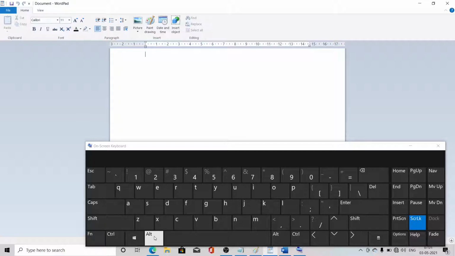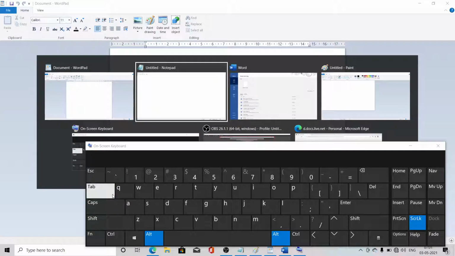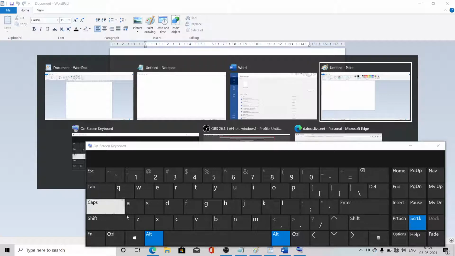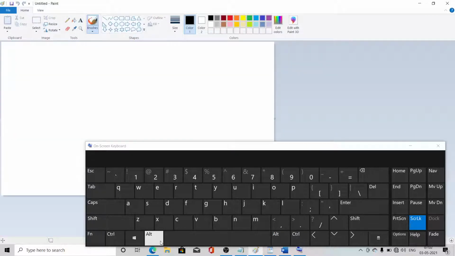Now look here, Alt Tab. I want to work on MS Word, so when I press Alt Tab together, look here, after that I have to keep Alt pressed and release Tab. Clear? Look, I am pressing Tab and Alt is already pressed. Once again, look here my students, how you have to do it. You have to press Alt and hold it, and then press the Tab key.